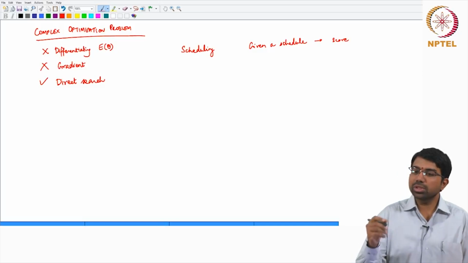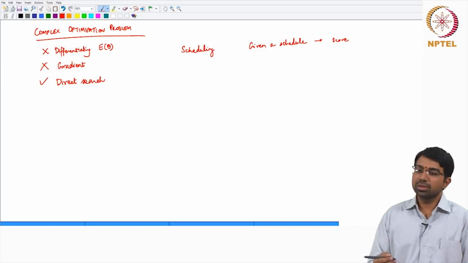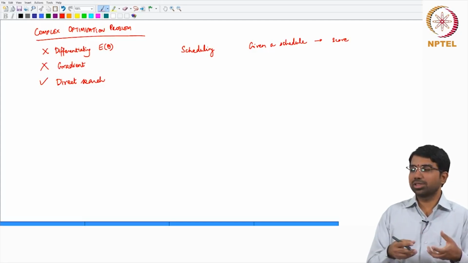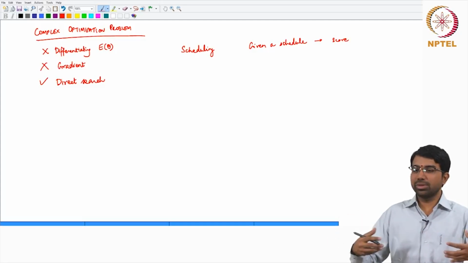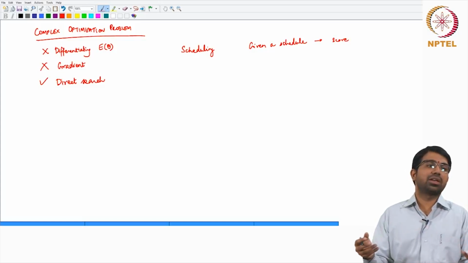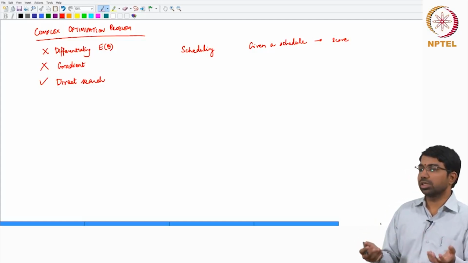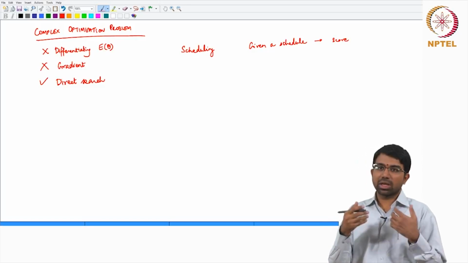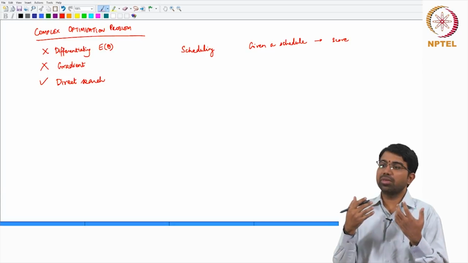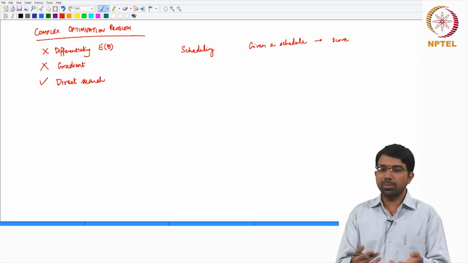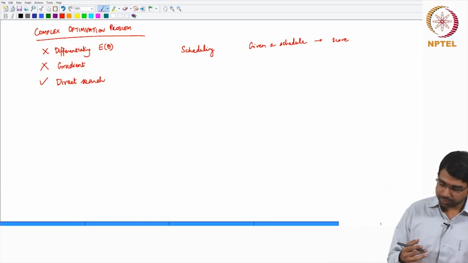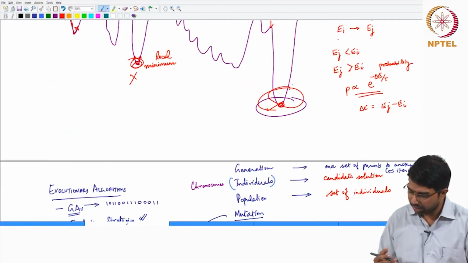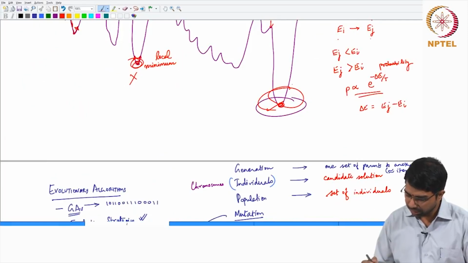So how do you do this mutation and crossover? You need to somehow take one schedule, convert it to another schedule, or take two schedules and mix them up to form a third related schedule. Right? This would be mutation and crossover. So your regular words, your regular concepts will end up having different meanings depending upon the problem in question. So what were the problems that we were looking at? What were the parameters that we were looking at? You were looking at